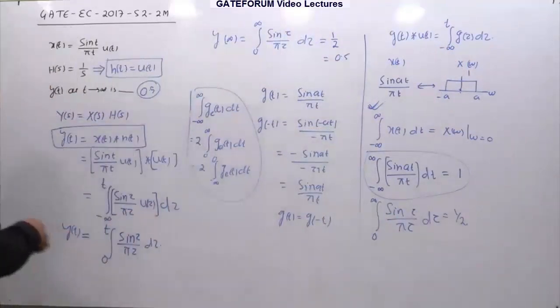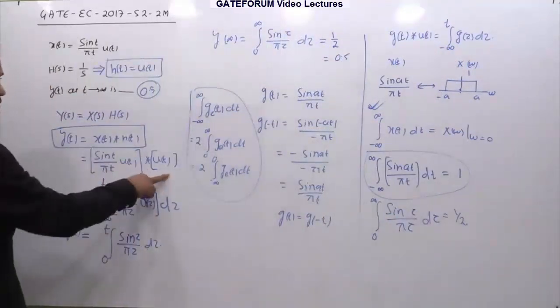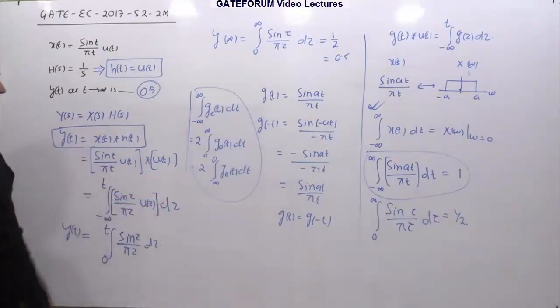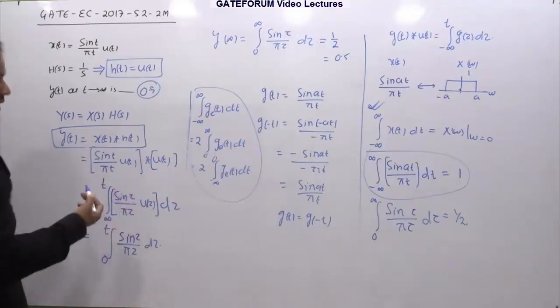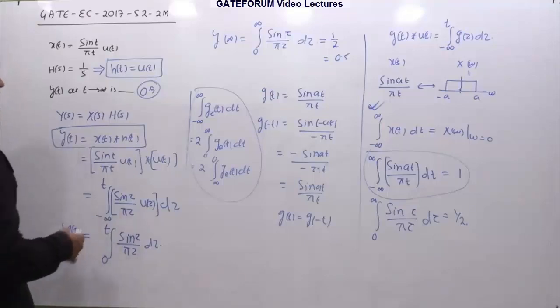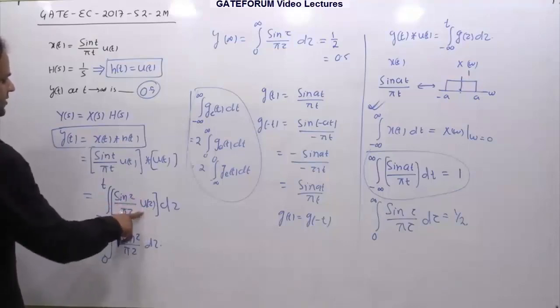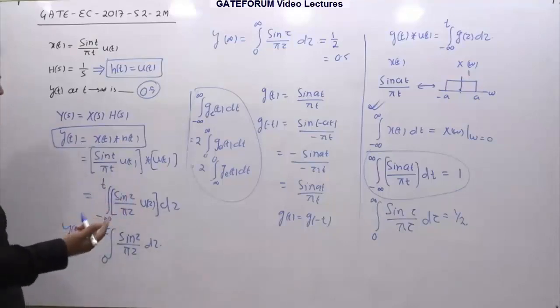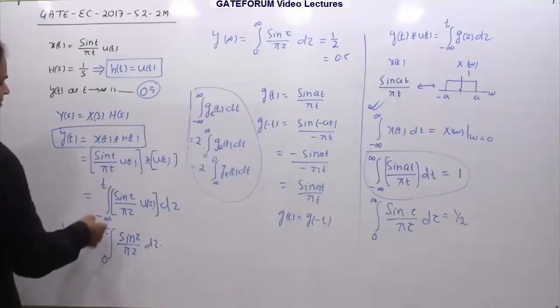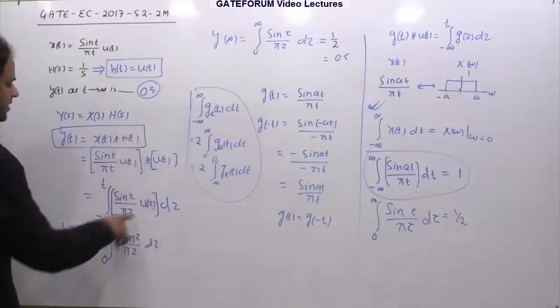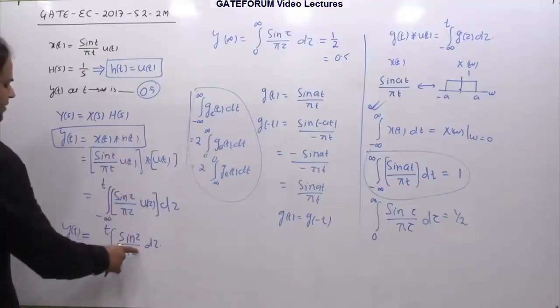So if I am asking you what is the convolution of this with this, so this is the u(t) function. So this will be the integration of this function with respect to tau in the limit of minus infinity to t. But here I have this u(tau) factor multiplied, and you know u(tau) exists from tau equal to 0 to infinity. In other words, when tau is between minus infinity and 0, then the u(tau) function is 0 and the overall function is 0 and the integration result itself is 0. So I am further reducing this limit to 0 to t, because when tau takes a positive value, 0 afterwards, this function value is 1 and 1 into this function is this itself.